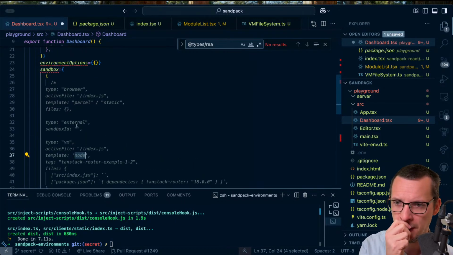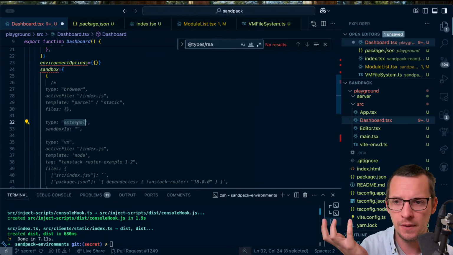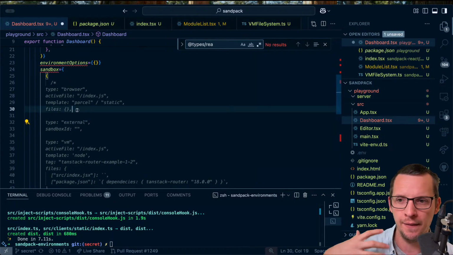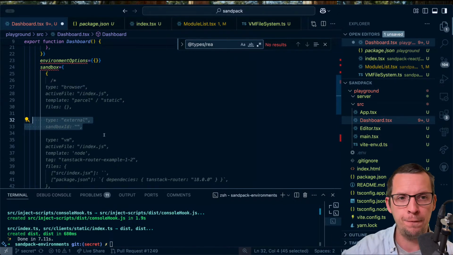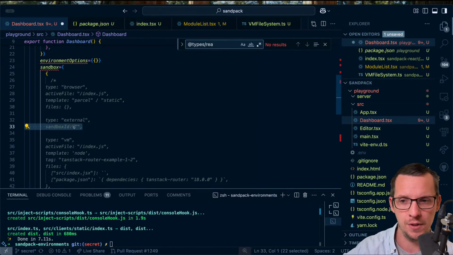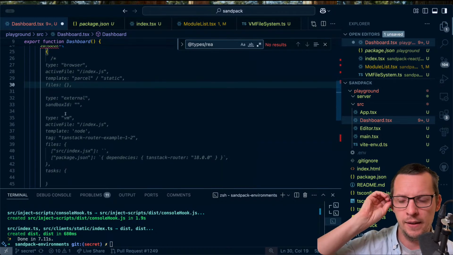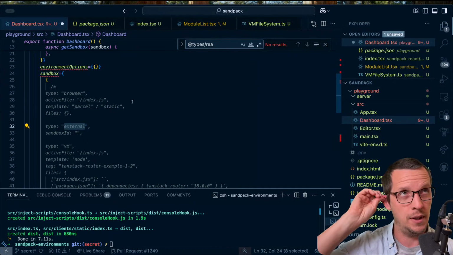Okay, this is interesting. And then this is more like external means just go and fetch it externally, and then we are going to infer how to run that sandbox. Yeah, and then we could, yeah, exactly. But external,